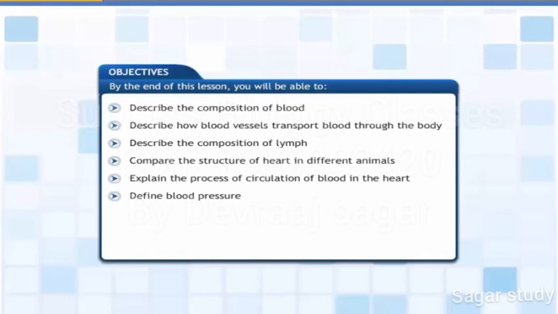This lesson explains how various substances like blood and lymph are transported through the bodies of animals. By the end of this lesson, you will be able to